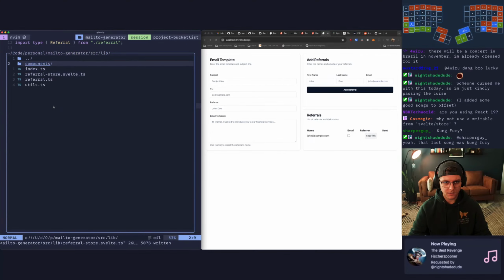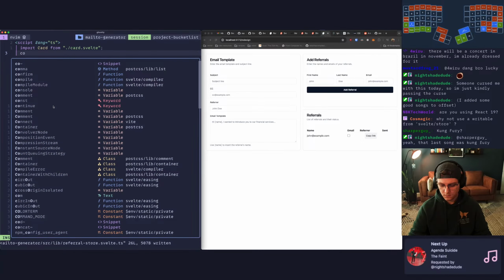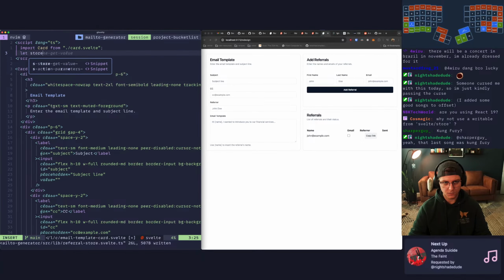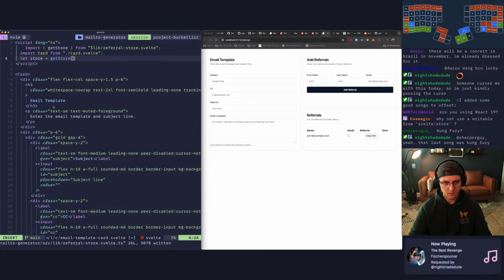So now if we go into here and we go to email template card, we should be able to say const, or can even just say let store equals get store, and my formatting is still wrong.